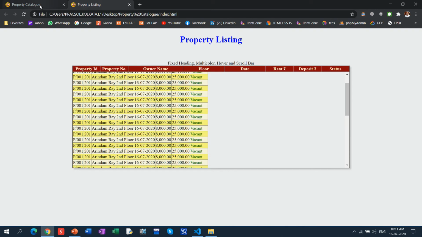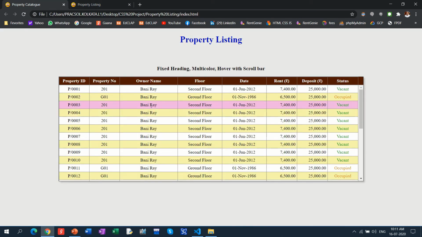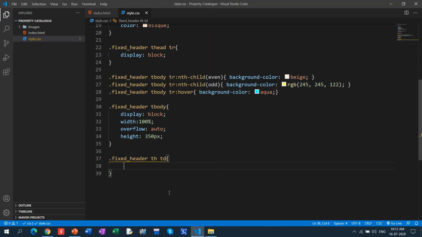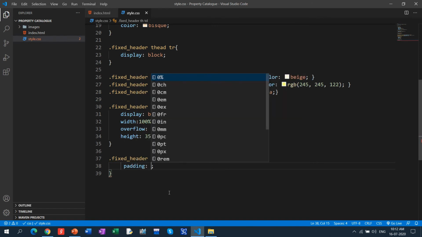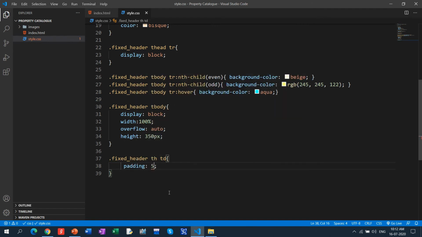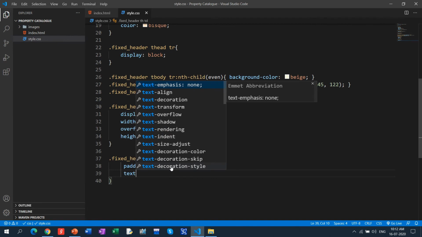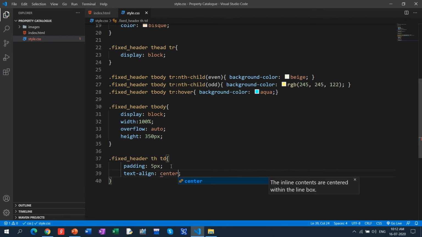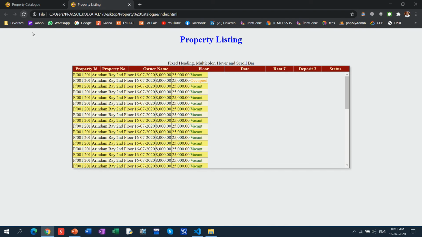But here, in case of this, some gapping is there between the text and the line, right? So for that one, we need to put some padding. Okay, let's come down for the padding. We make it only a small padding. I need to pick all the cases, so I make it 5 px, right? And for text align, what I can do is make it center. So for all the cases it will come. Let's see, just refresh it.